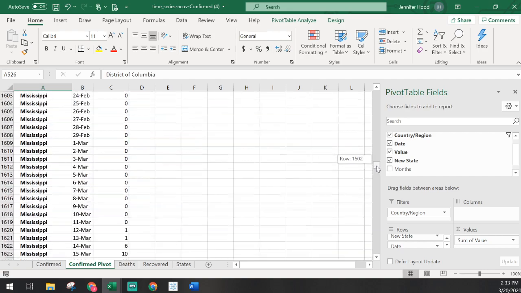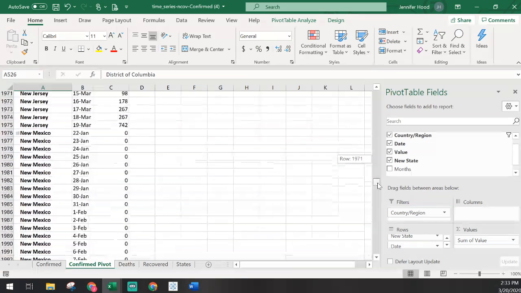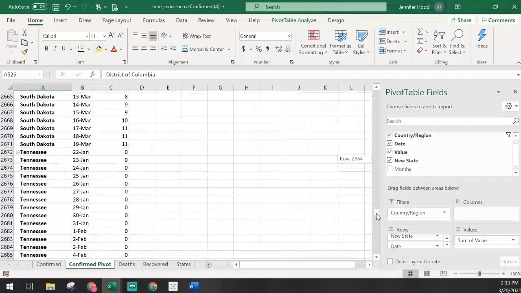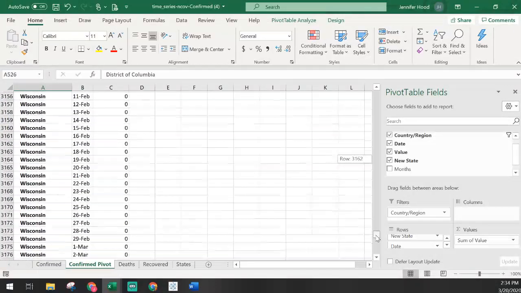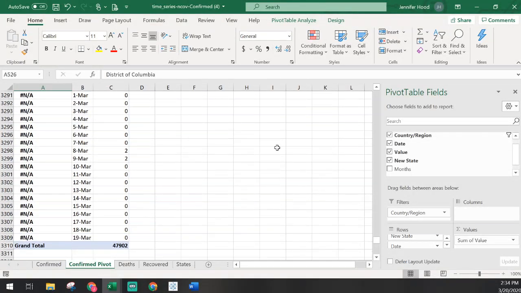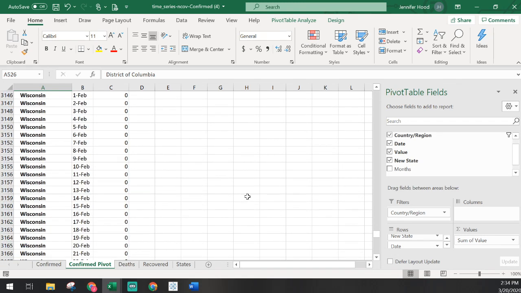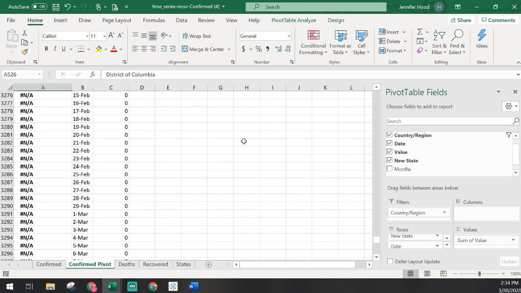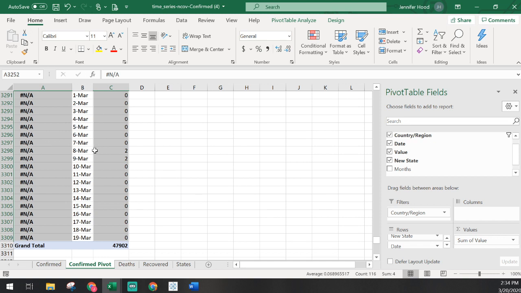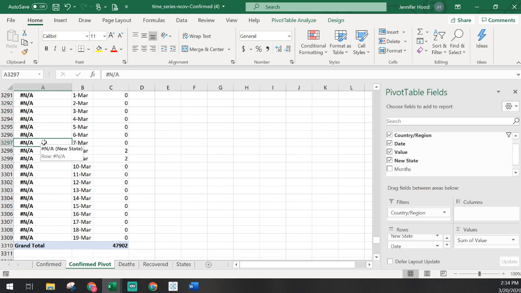I'm going to go down to the bottom, and we had District of Columbia, but we also have some NAs. So it tried to look up something and didn't find anything, and we need to deal with that.